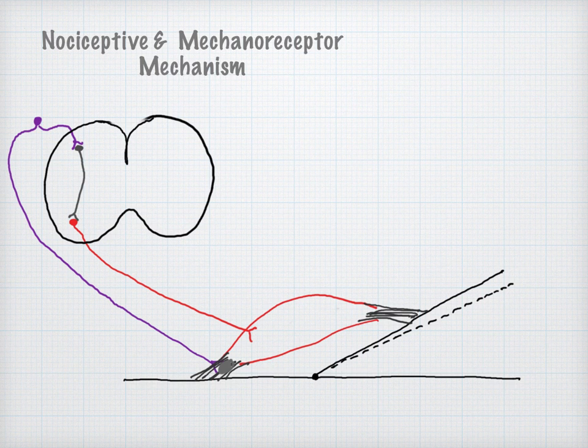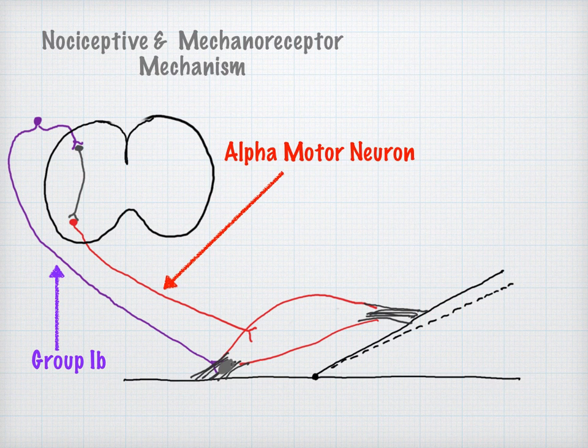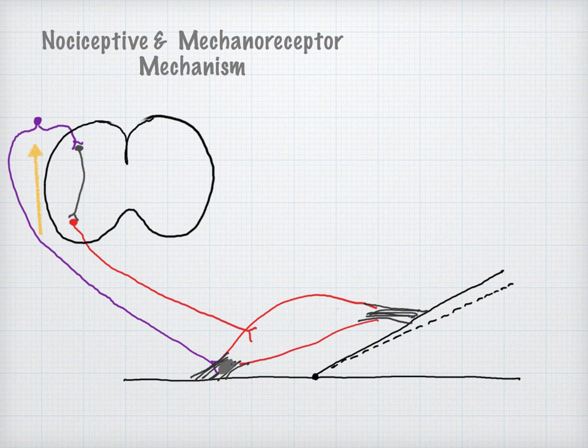The nociceptive and mechanoreceptor mechanism relies on the Golgi tendon organs, which monitor tension and muscle force. The Golgi tendon organs lie within muscle tendons. Afferent group 1B sensory nerve fibers carry the impulses from the Golgi tendon organs to the spinal cord, which then affect the alpha motor neurons of the same muscle via interneurons. This allows the Golgi tendon organ to inhibit muscle contraction when it senses excessive tension of the monitored muscle to